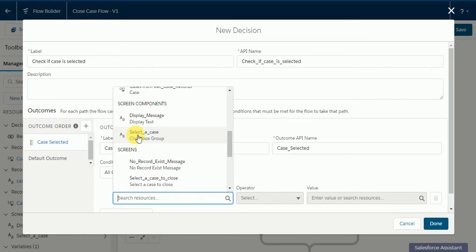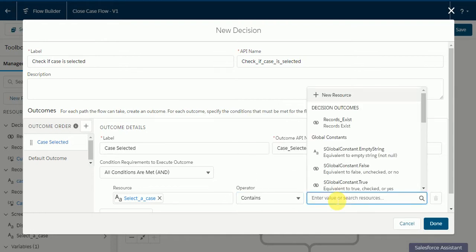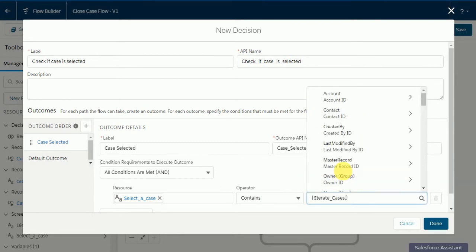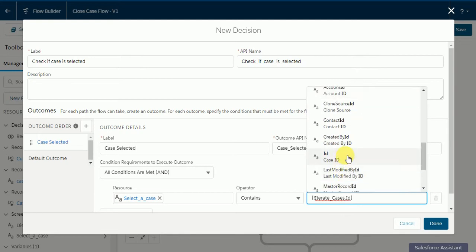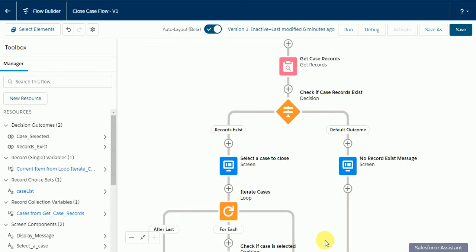So just select this, and if select a case contains the current iteration, we are looping the records, right? If selected case contains the record ID which is in the current iteration, so here we have to select the current case ID.